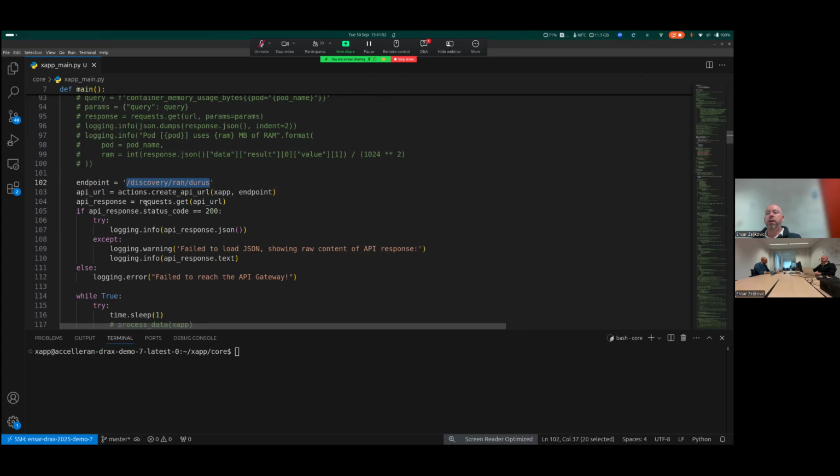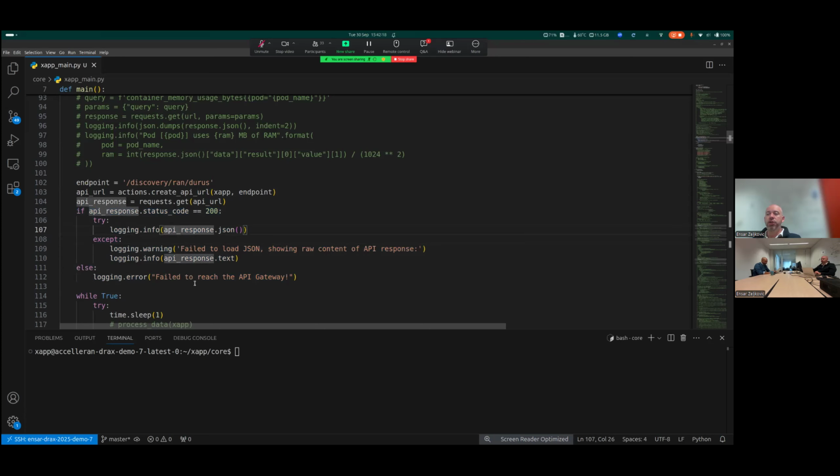And then in Python, we use this requests package, which is an HTTP package, and we do a GET on this API URL that was formed. And this is just a simple if-else check: if we get back a 200 response, then we print out the JSON. Otherwise, we do a bit of error handling and so on.